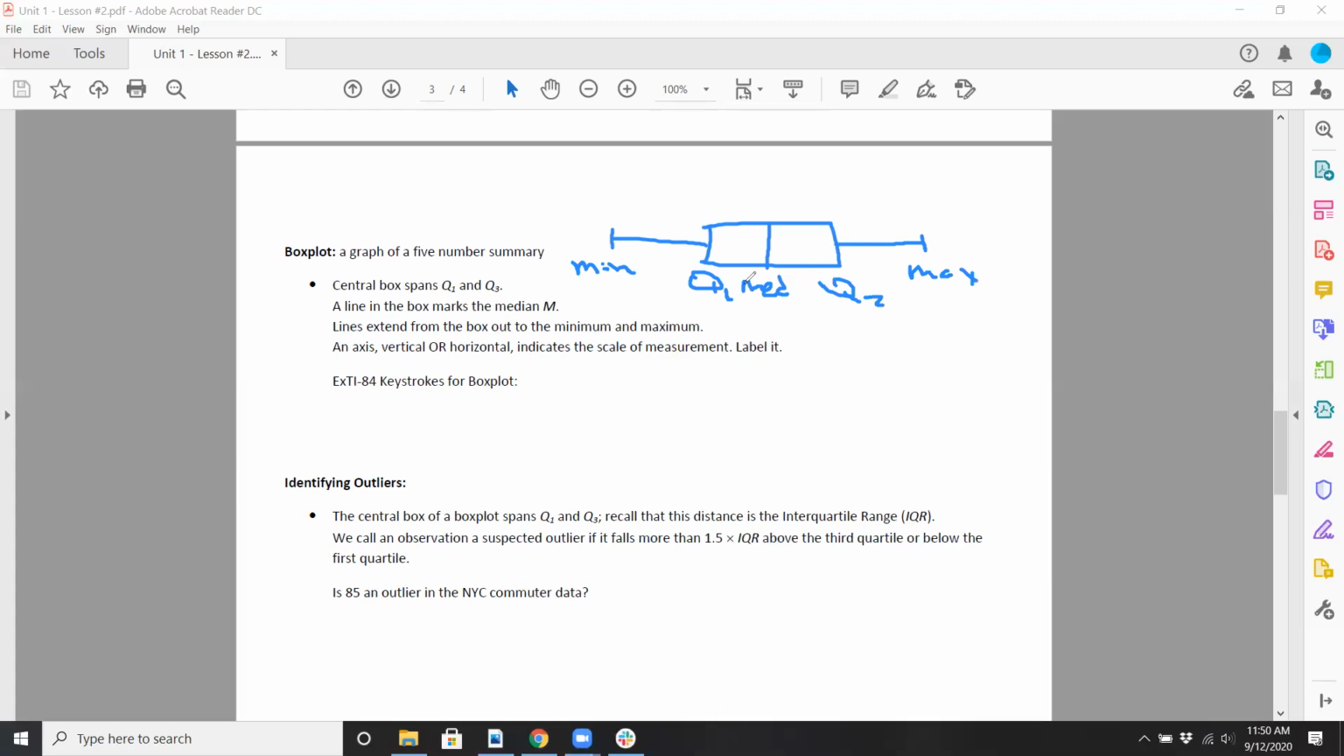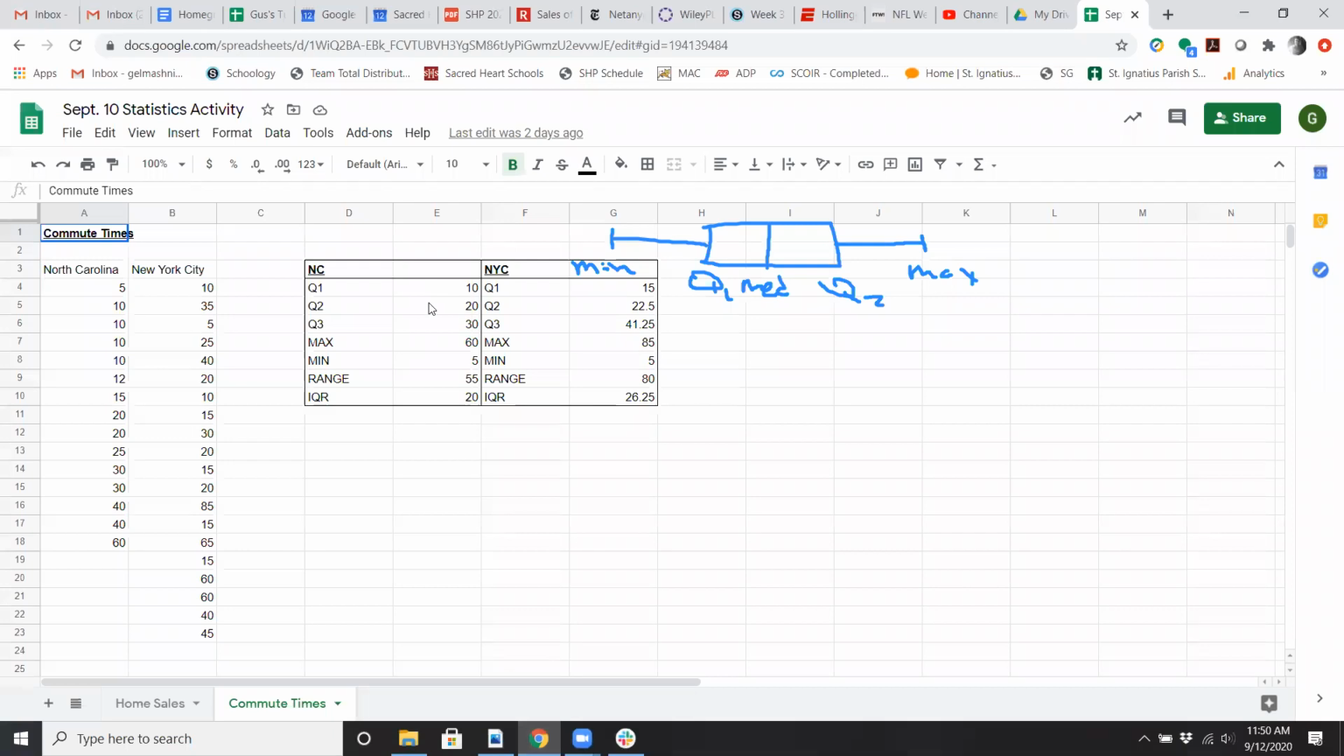So if we take a look at our data again, here we've got Q1, Q2, Q3, max and min, right? And it looks like the min is 5, max is 60. It's all from North Carolina. And of course, 10, 20, 30. So what you probably want to do, if we go back to the notes,